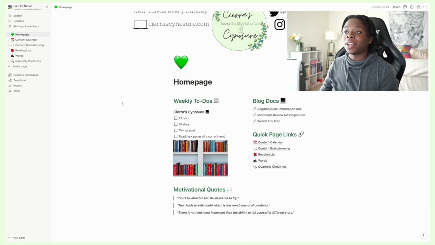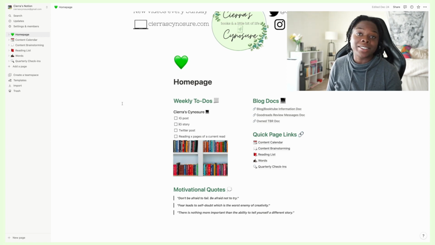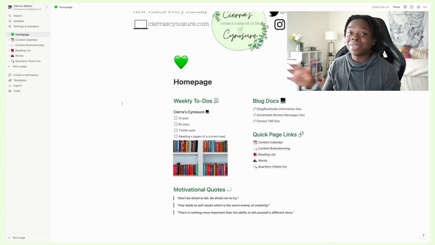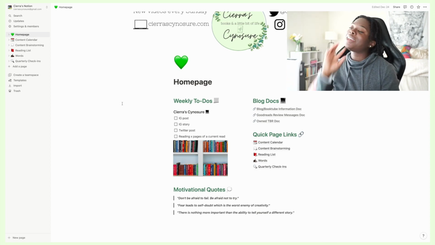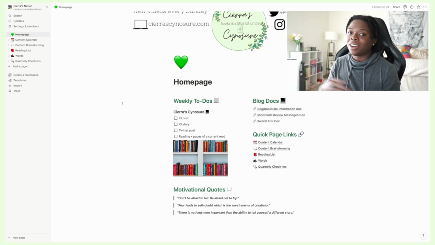These are just things that I try to do for my bookish platforms every week. So ideally, if I was on track, I would be making an Instagram post at least once a week, an Instagram story, posting on Twitter, and updating the currently reading on Goodreads of how many pages I'm into my current read. Ideally, I should also have a blog post up here, but honestly, it's been really hard to get a blog post up every week since starting my job. Energetically, sometimes I just don't have it in me to do it during the week, so it's not on here right now, but it's usually a goal of mine to post on my blog every Wednesday if I can.